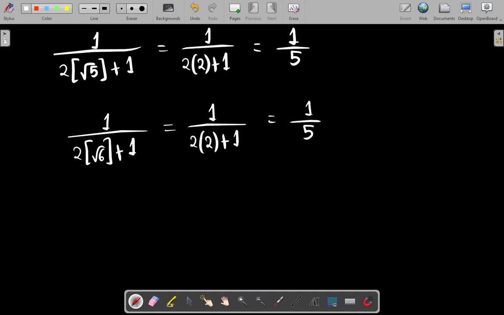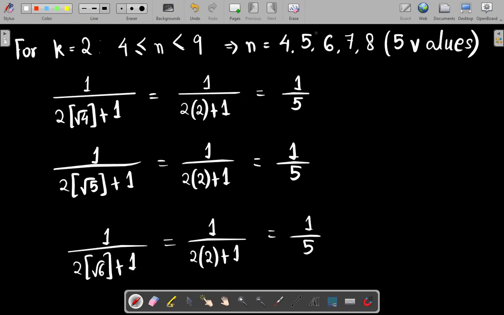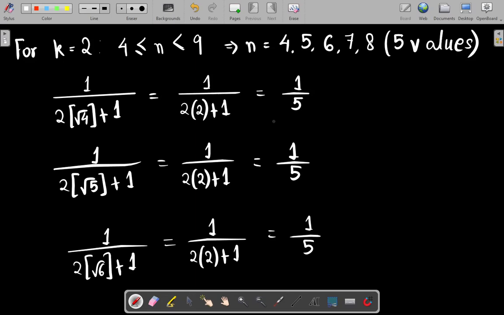Now, in the first case, there were 3 values. Here, I have done it for 4, 5, 6. For 7 and 8 also, this is going to be the exact same value. So for this entire 5 values, the sum